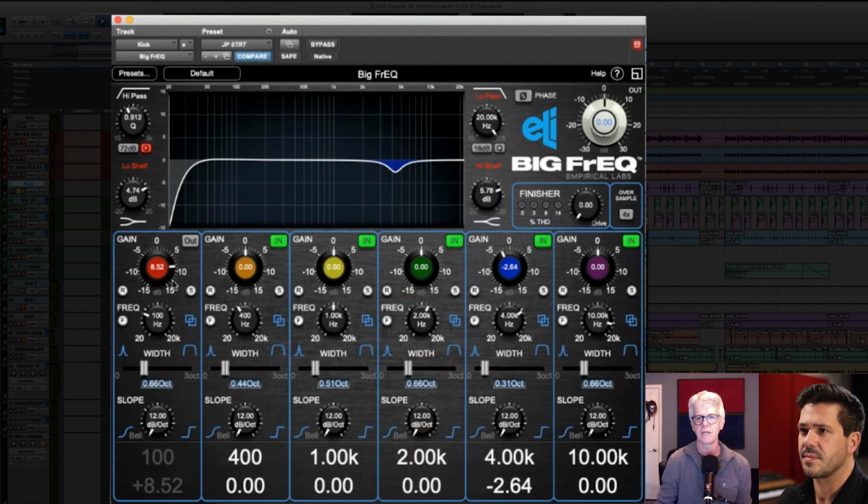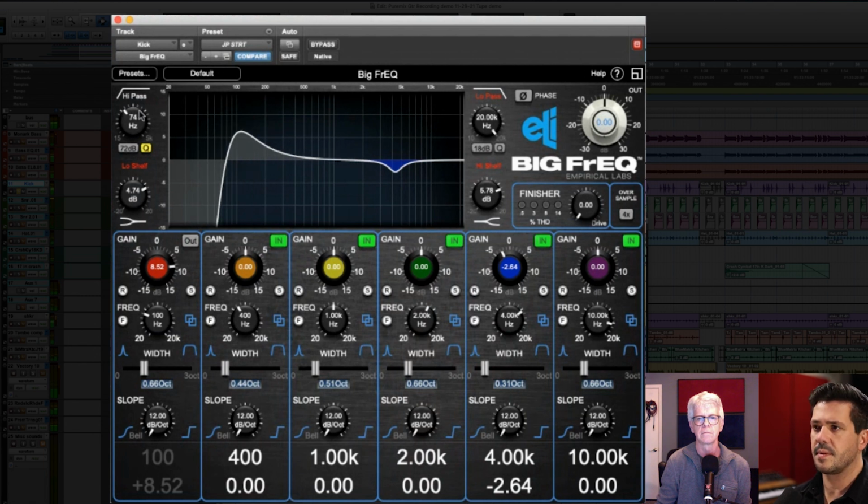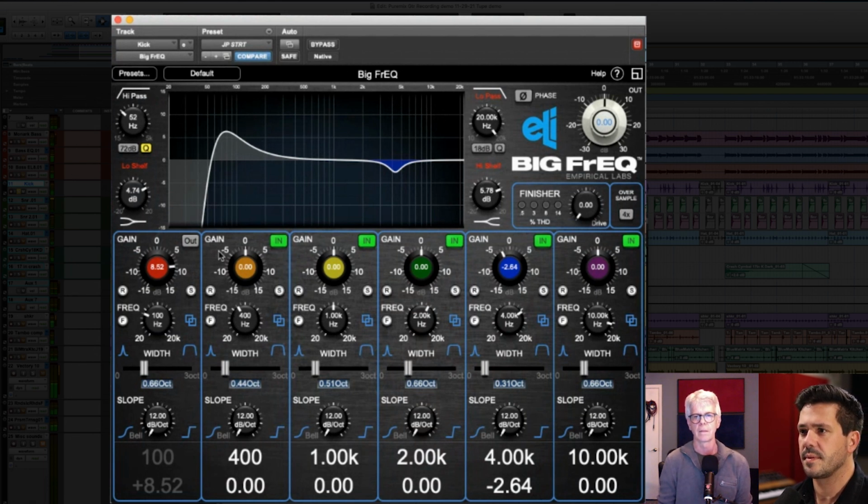Now let's play it again and then increase the Q factor and the corner and see if we can get a similar result on the low end. With the high pass in the corner,